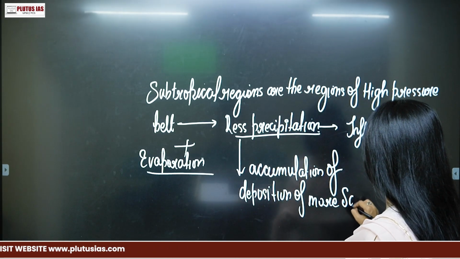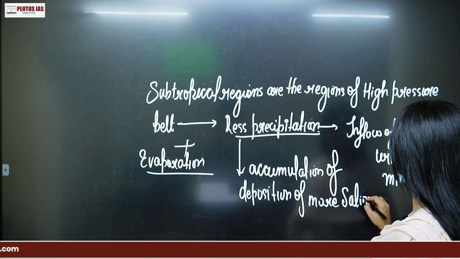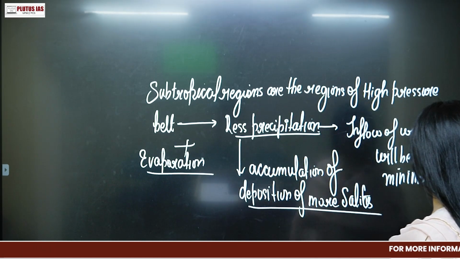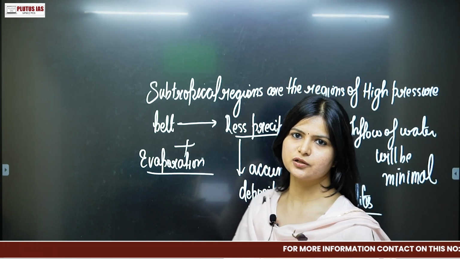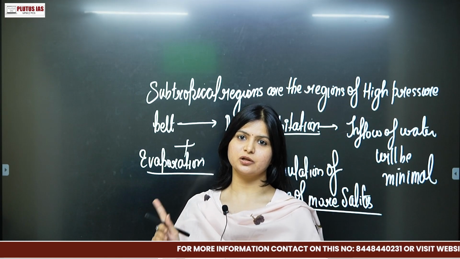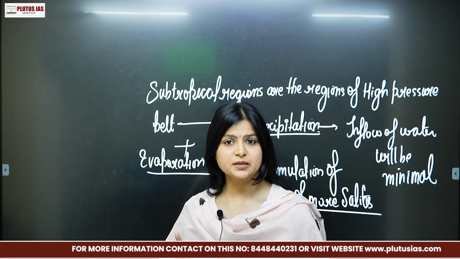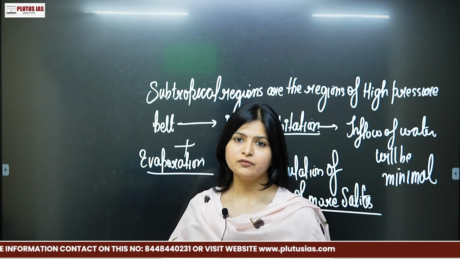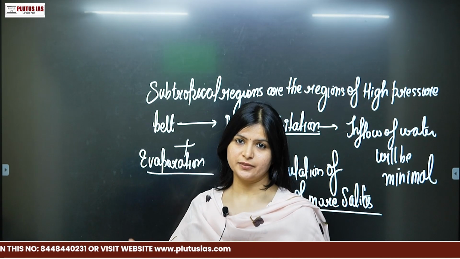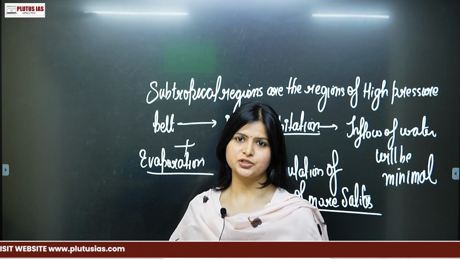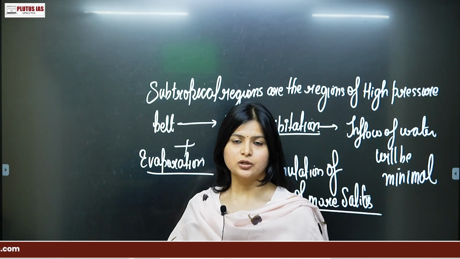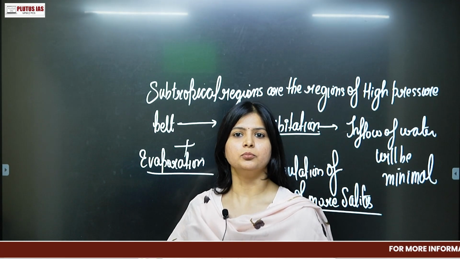Therefore, the salinity of this area is higher, right? Because of these two reasons. Because the evaporation of the particular area is more, and simultaneously it is a region of high pressure belts, and therefore the precipitation here will be less, and because both the factors combined, you will have more salinity